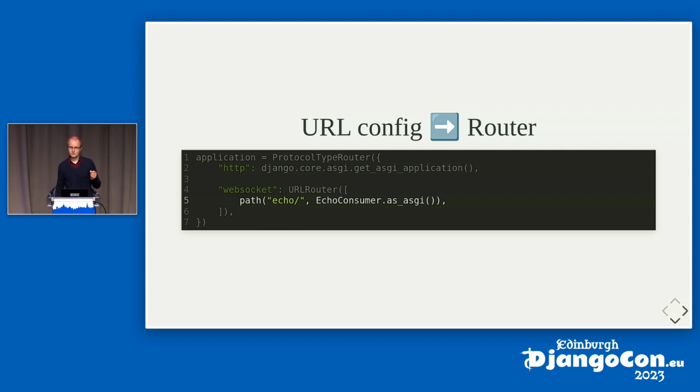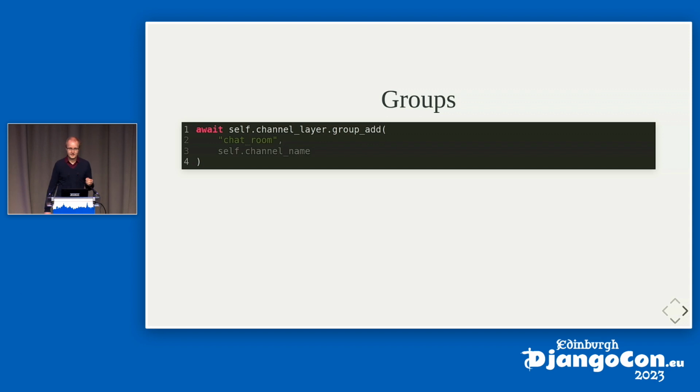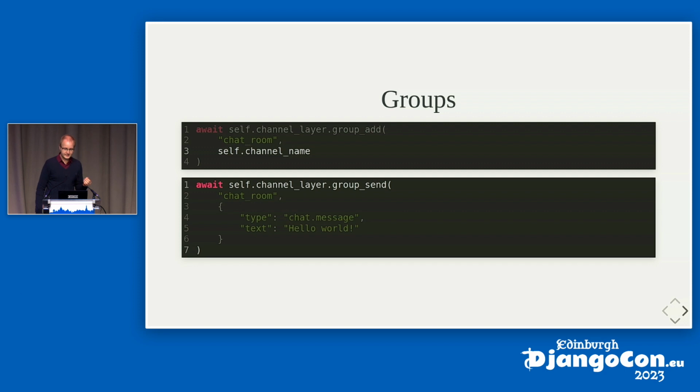But Channels gives us one more main ingredient that we're going to need, which is groups. Groups is something that we can subscribe to. We can add a consumer, so an instance of a class that is currently connected to a user, to a group. The group has a name, and we have a name for the consumer, which is not too relevant here right now. And then later we can send messages to the group. For example, we can send a message to another user by addressing the group name, sending the message, and every consumer class will have a function called when that happens.